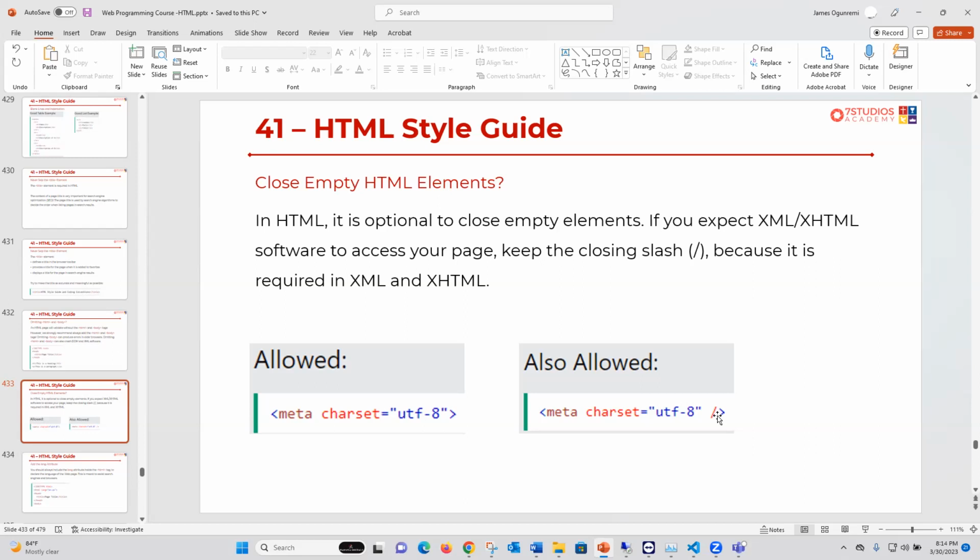I hope we understand what I'm saying. On a normal day for HTML, you can leave your empty elements this way, but for XML or XHTML, you have to close them. So one major difference between XHTML and HTML is that XHTML is strongly typed. Strongly typed in the sense that